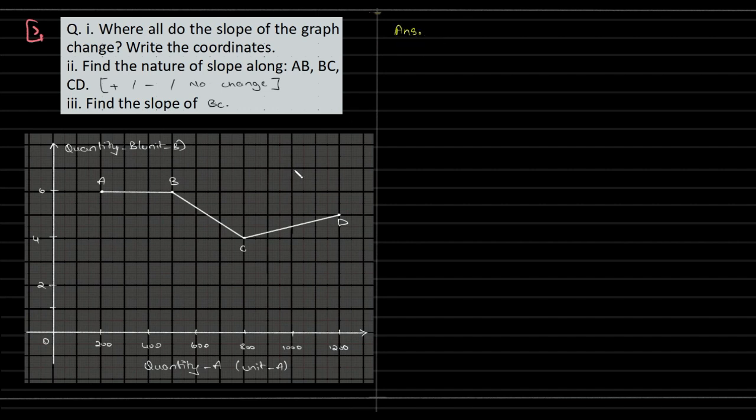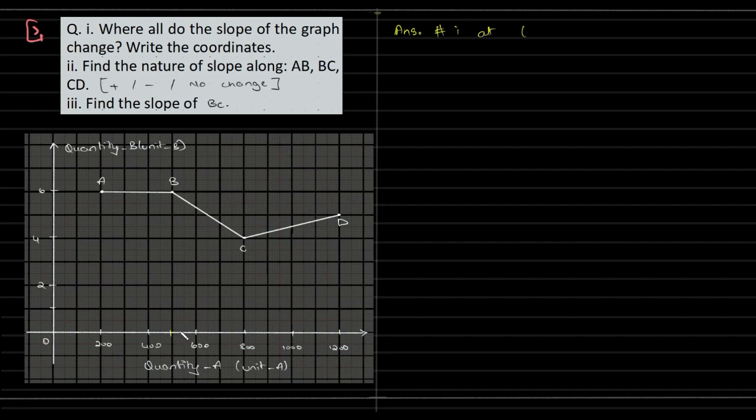Where all does the slope of the graph change? So we have the graph changing at point B and point C, right? So A to B, no change. And at B, something happens. There is a reduction. And at C, again, there is a change. So basically, we have